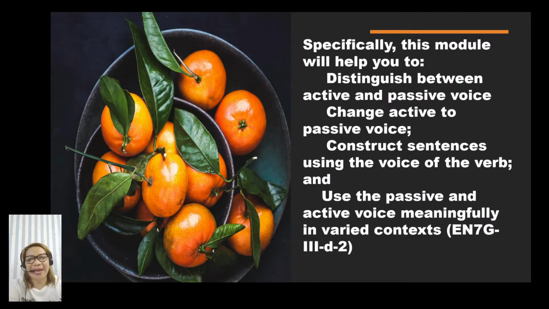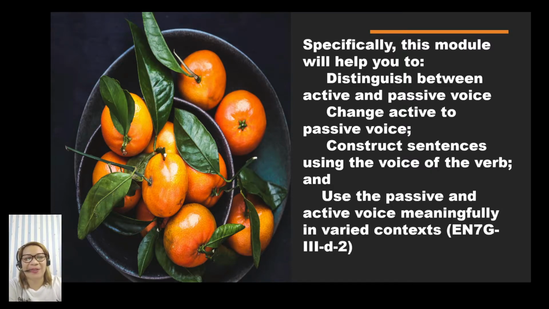Okay? Now, specifically, this module will help you to distinguish the difference between the active and passive voice. You're going to change also active to passive voice sentences, and you're going to construct sentences using the voice of the verb, and you're going to use them meaningfully